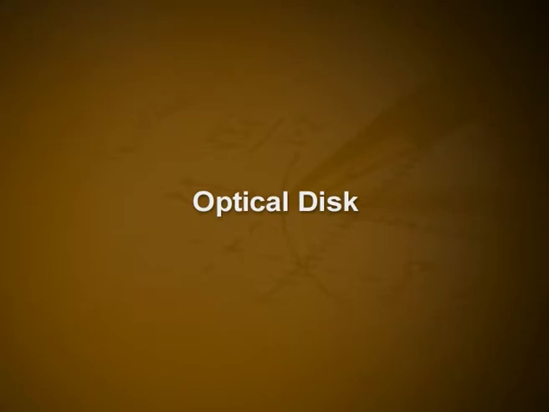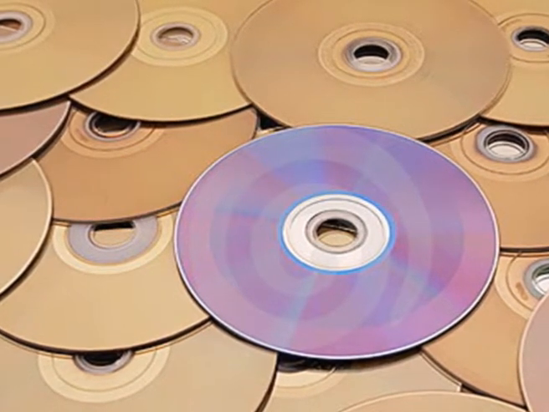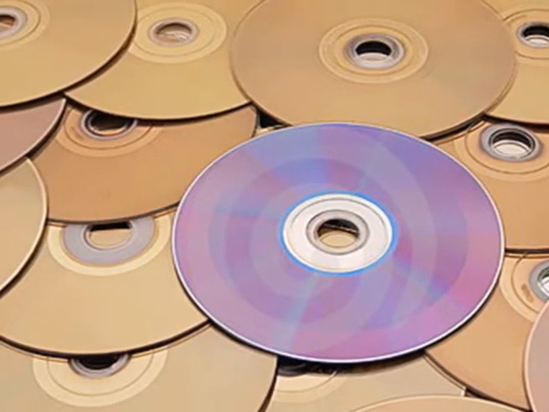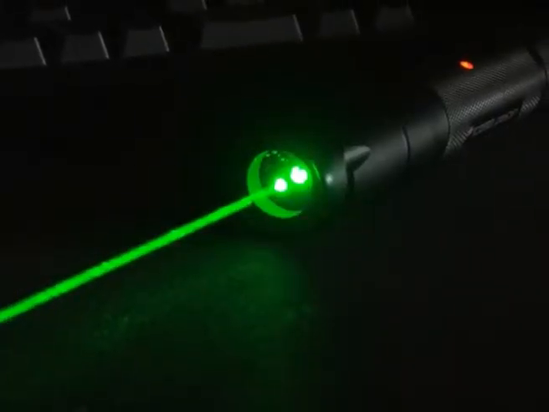Optical disk. During the last few years, optical disk has proved to be a promising random access medium for high capacity secondary storage because it can store an extremely large amount of data in a limited space. An optical disk storage system consists of a rotating disk coated with a thin metal or some other material that is highly reflective. Optical disks are also known as laser disk or optical laser disk because they use laser beam technology for data read or write.